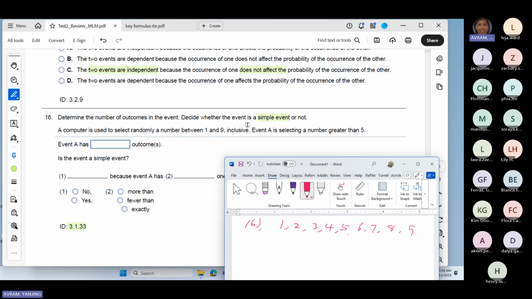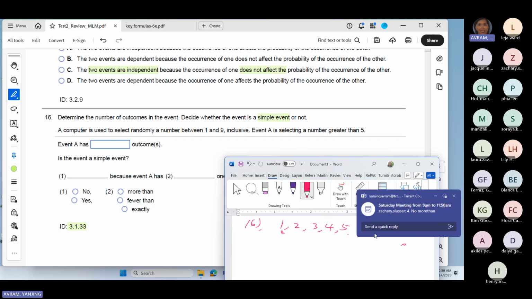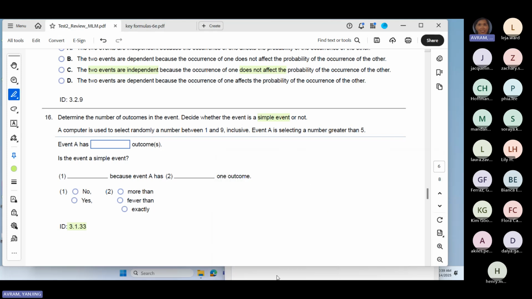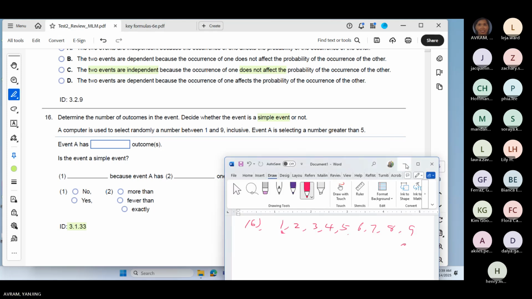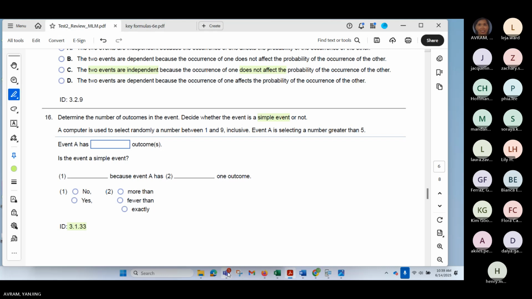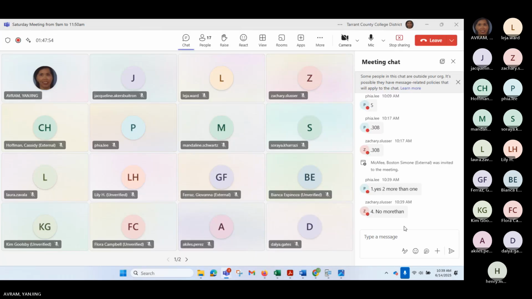Okay, so this is a number between 1 and 9 inclusive. That means include 1 and 9, right? Okay, so let's check our answer here a little bit. Okay, no, more than 1. Yes, so that is